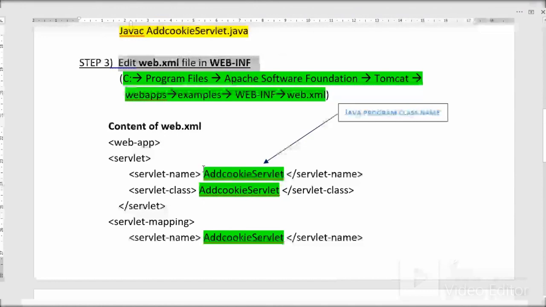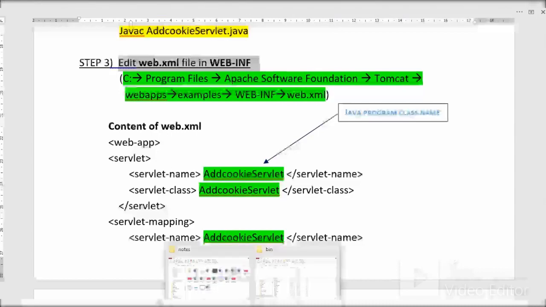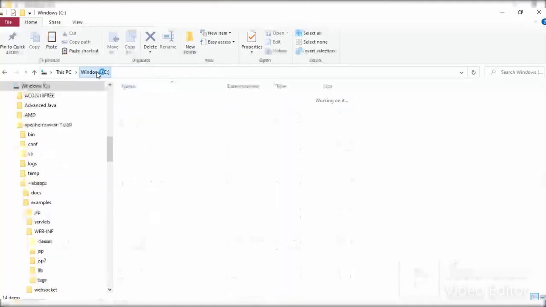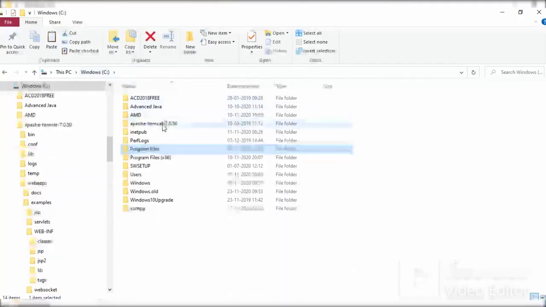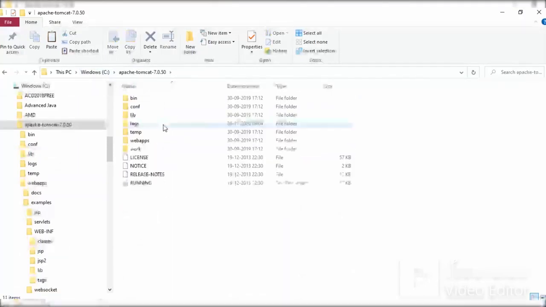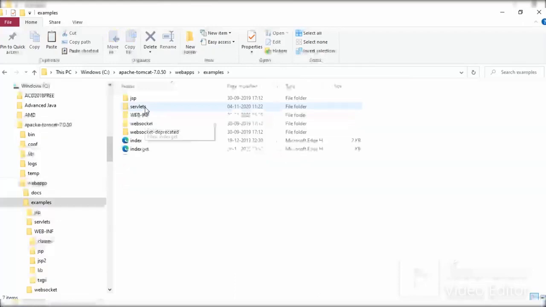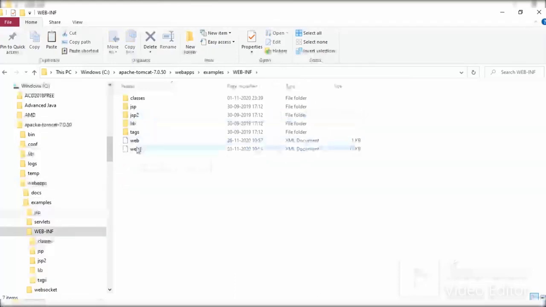this file. Let's open that file. WEB-INF, C, Tomcat, webapps, examples, WEB-INF, web.xml.